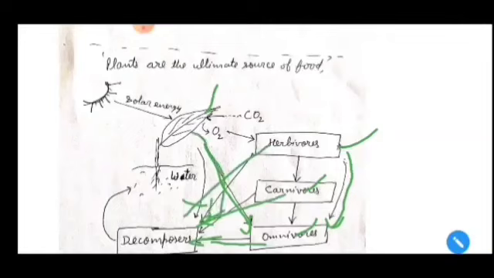When they die, they are decomposed by decomposers, and the substances present in their body are transferred to the soil again, and that becomes available for the plants. So this is how it is clear that without photosynthesis life cannot survive on the earth. It is not possible that life can survive on the earth without the process of photosynthesis, because all the organisms directly or indirectly depend on food prepared by the plants.